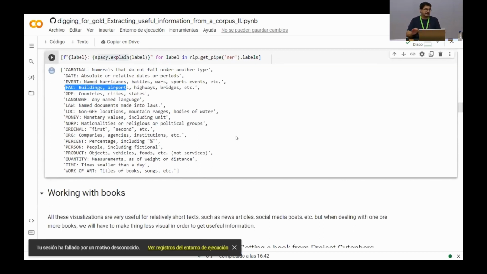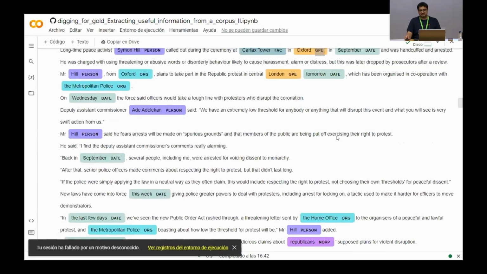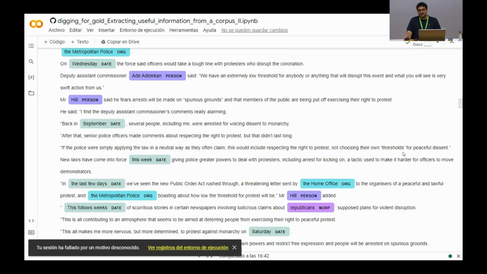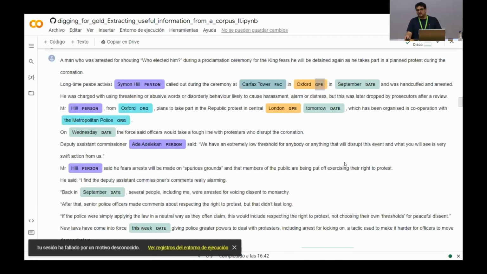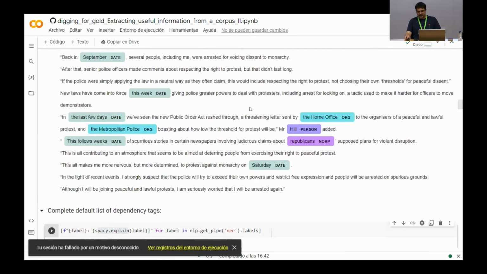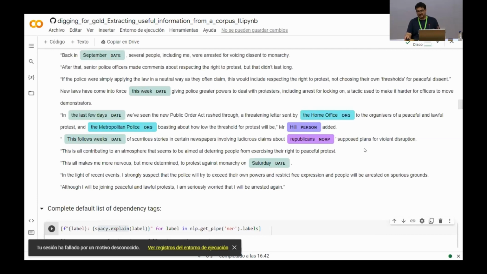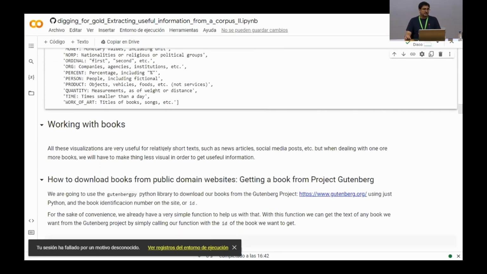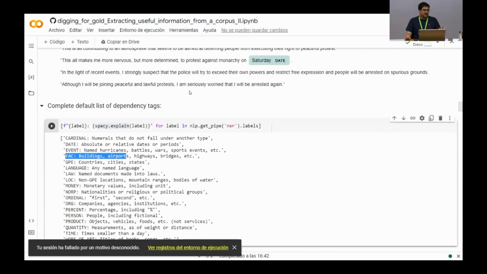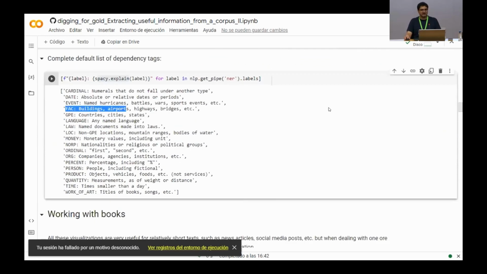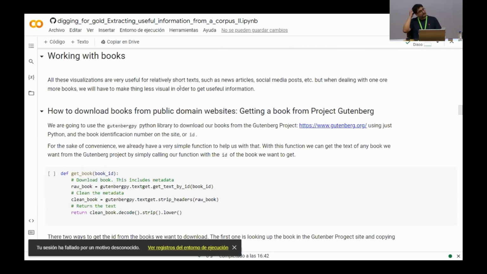But yes, this is fancy. I mean, it's colorful and all that. But if you're working with, for example, a book or a collection of books, this is not going to be of much help because you're going to have a lot of lines of text. So you have to do another kind of operation. This is very nice for short texts, maybe a news article or social media post or something not very long. But if you want to work with books, we are going to use another kind of